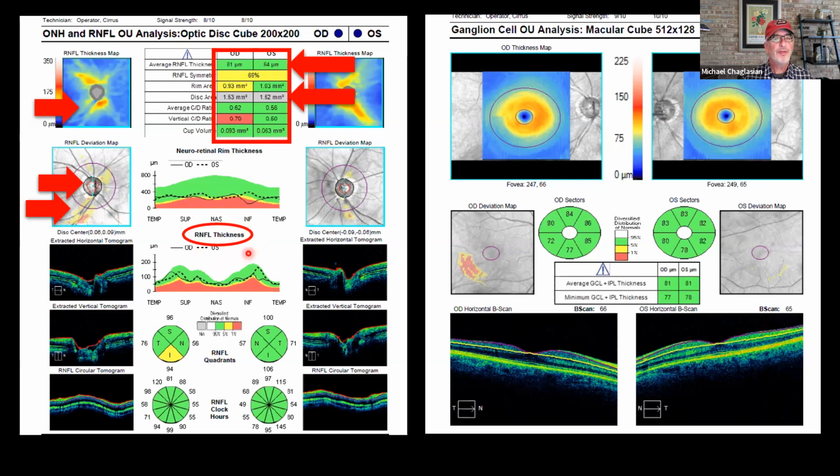Here's the RNFL thickness map. I've talked already about this circumpapillary RNFL thickness. This is the infamous TSNIT curve that identifies where the patient should be in the reference database. And here with the red arrow, I'm pointing out that there's a dip for the right eye, which is the solid line, right inferiorly. And so as I see that there's a defect up here inferiorly, I see it on the deviation map. I also see it down here. You try to get all these things to line up and be in agreement